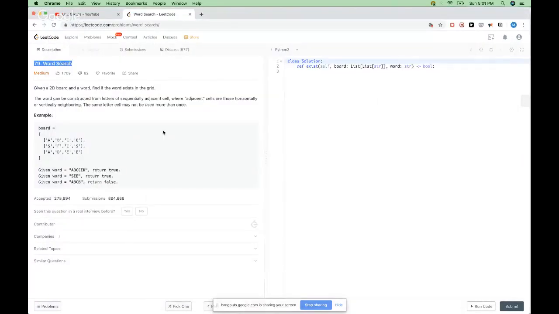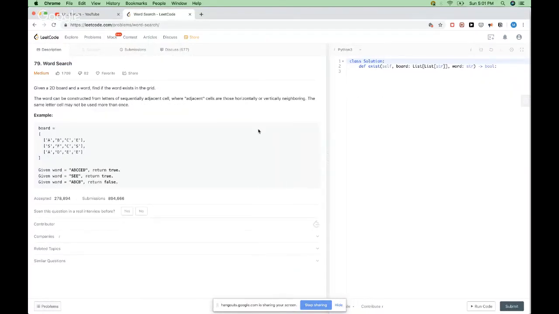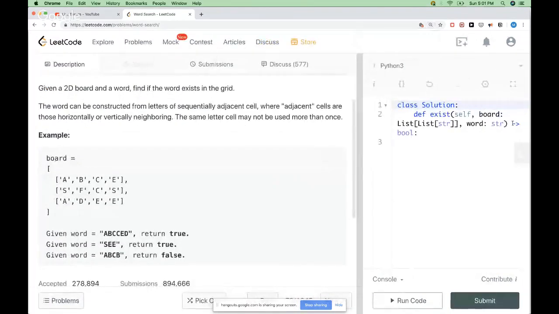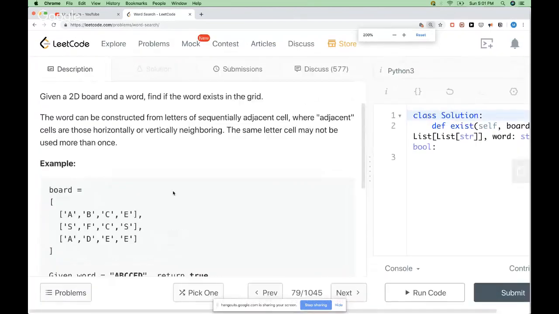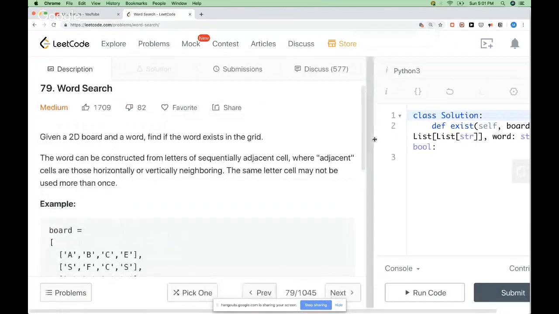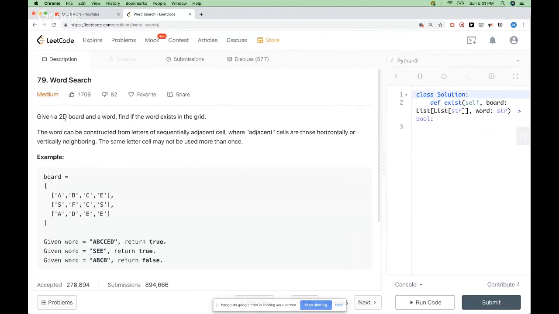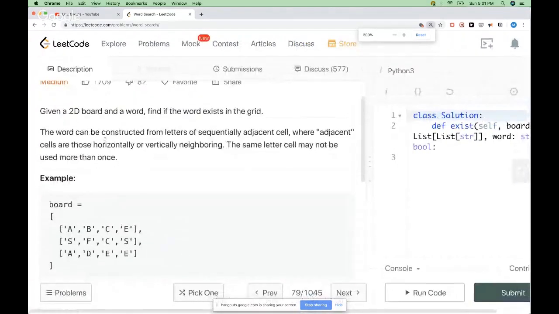Hello. So today we are doing this problem called word search. It's a medium level problem, and the problem states that we are given a board, a 2D board, and we want to find if the word